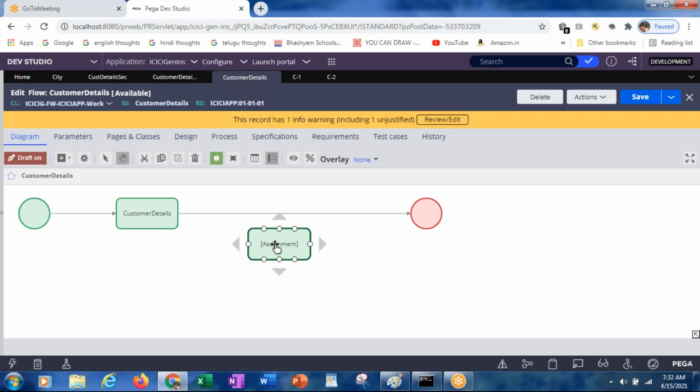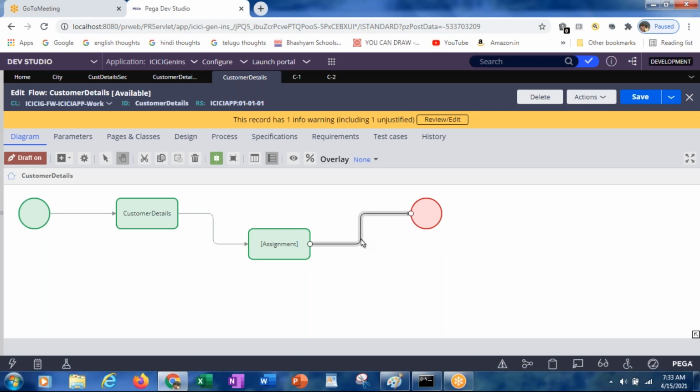Right now I have added one more assignment. After adding it, you can change the sequence of how the flow is moving. Right now the flow started here, comes to this assignment, and this flow is referring to a connector, and later it ends. But if you want to change this sequence, select this connector and connect it to the second assignment. From the second assignment, you can complete, or you can add one more assignment over there, like this.